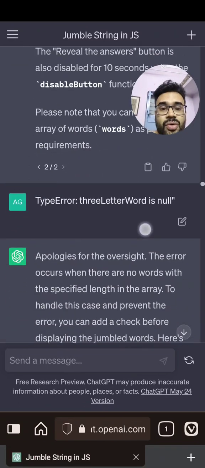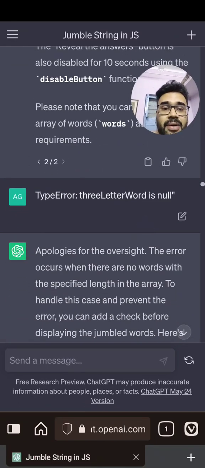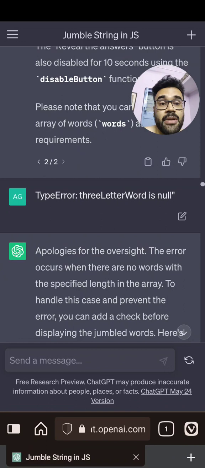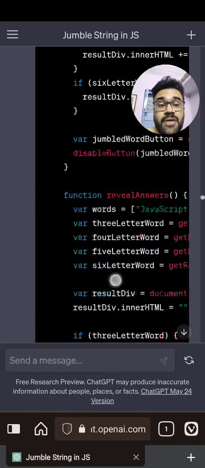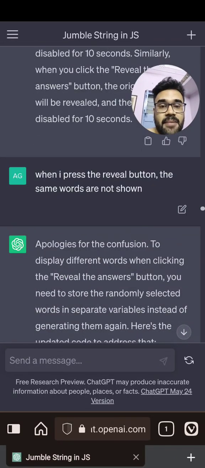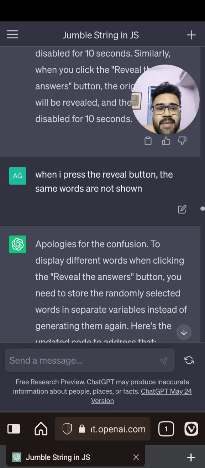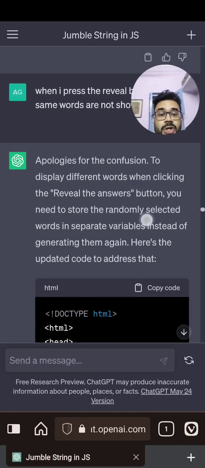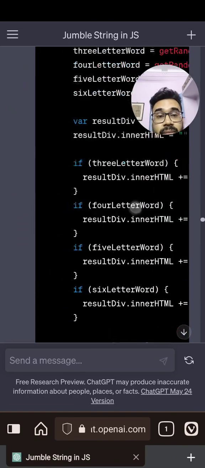It was really good, but there was one type error. This error was shown to me in the place where I was running the HTML code. It showed that the 3-letter word is null, and this is a previous mistake, and it corrected it. And then I said that when I press the reveal button, the same words are not shown. What it did was that when I pressed the reveal button, it showed me a set of different random elements of the array. So it was not right, and then it corrected it,